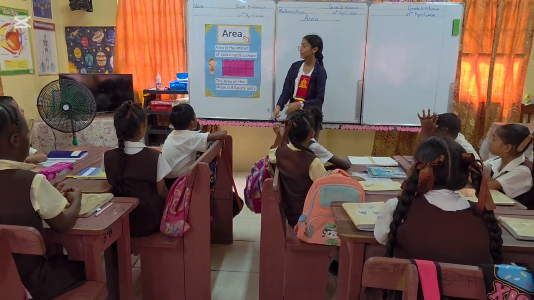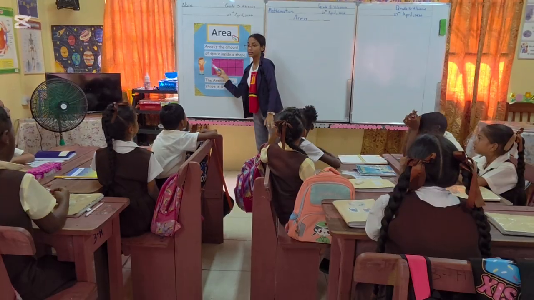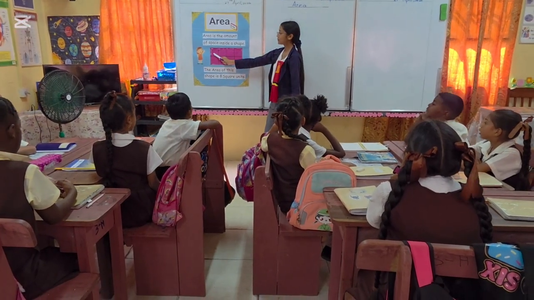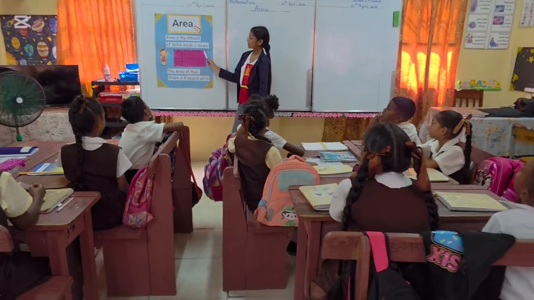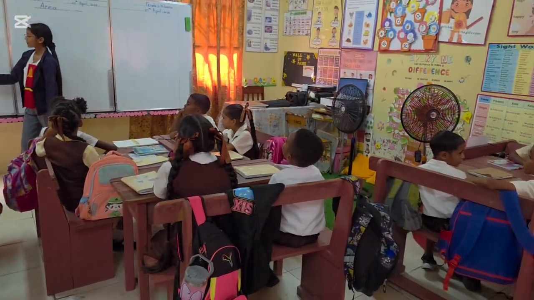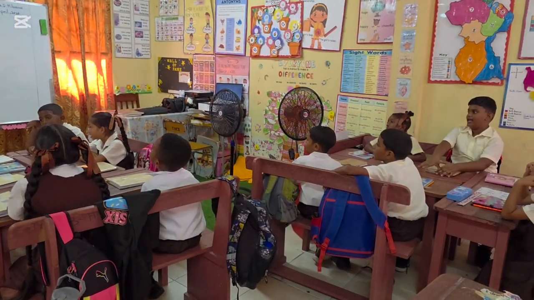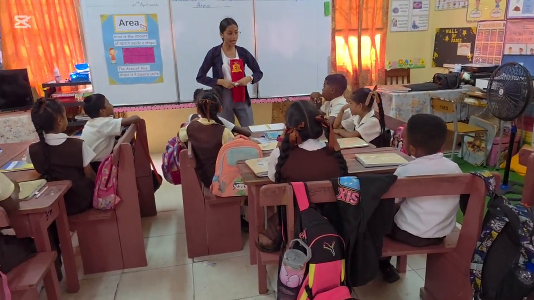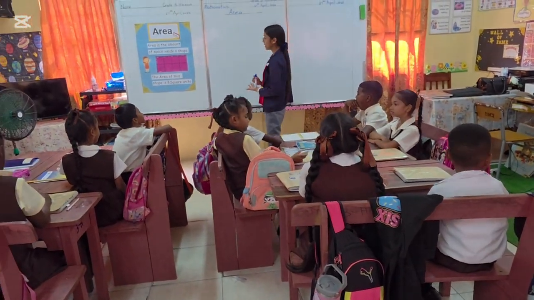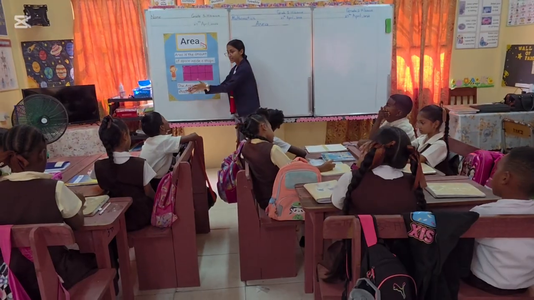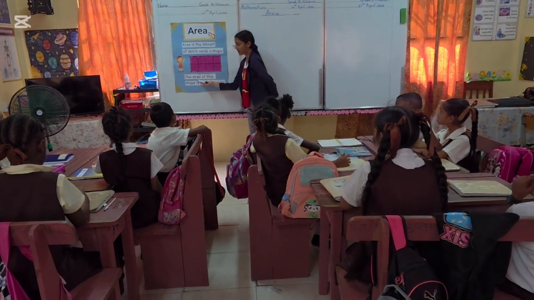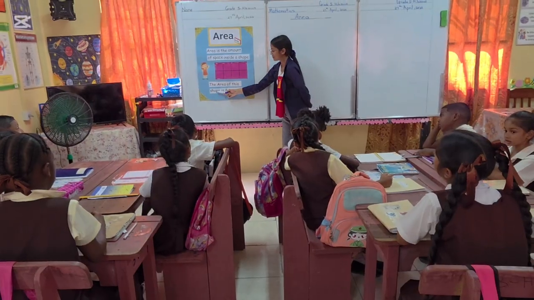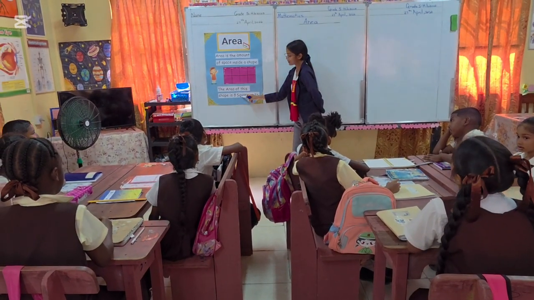The first way is we're going to count all the squares here. Let's count together. 1, 2, 3, 4, 5, 6, 7, 8. How many squares did you count there? 8. Good. So let's read what it says at the bottom here. The area of this shape is 8 square